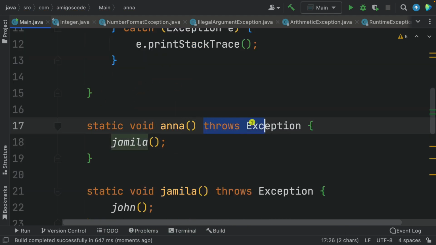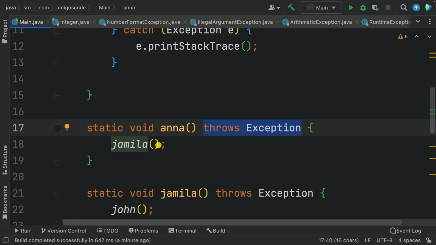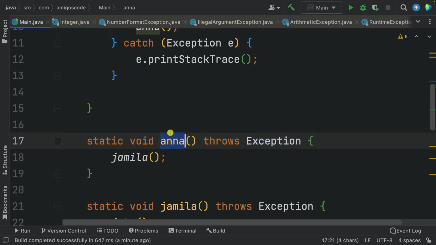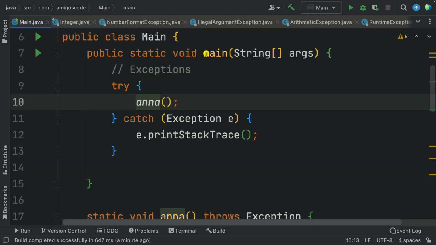Now, use throws when you don't necessarily want to deal with the exception. If an exception happens, you want the caller to deal with the exception, which is exactly what we've done. So for example, Anna in here, the caller is the main method,